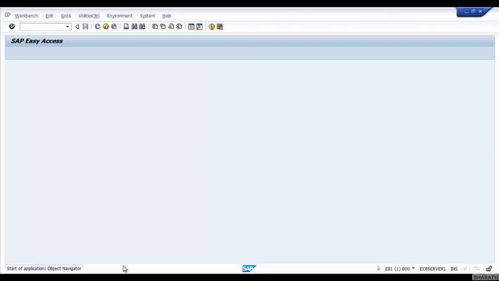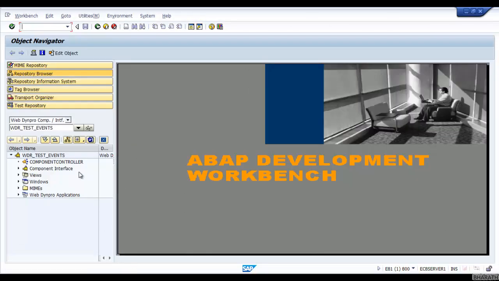SE80 is the Object Navigator transaction code. Here by default the repository browser will be selected. Here you have to choose the WebDyn Pro app component or interface. So select it and enter ZWDC_training1.